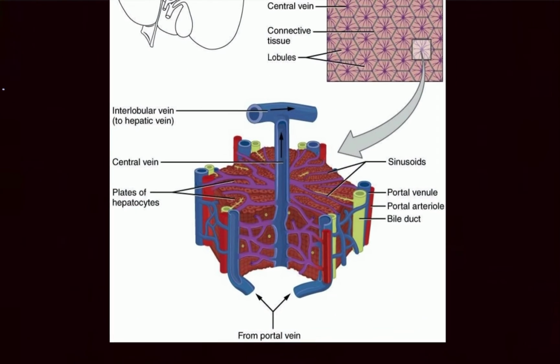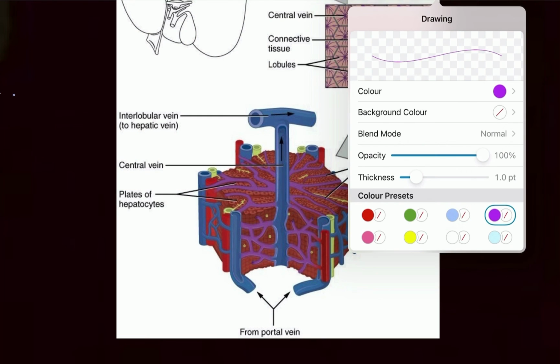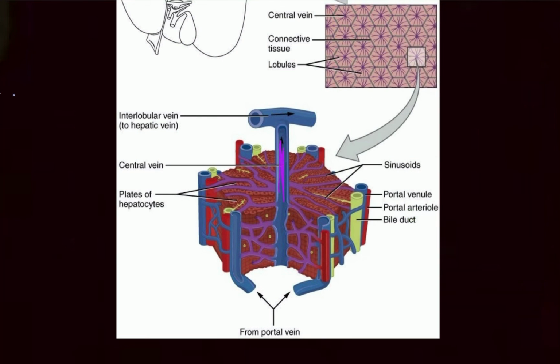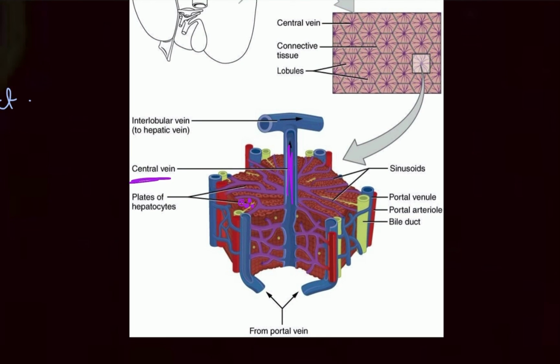You can look at this micro picture. This is the lobule. Okay, this hexagonal shape lobule. You can see in between it has the central vein. You have these hepatocytes, the small cells which you see in between. These are the hepatocytes. Okay, from the periphery, this is the portal triad. You can see an artery, the blue color vein, and this green color bile duct.